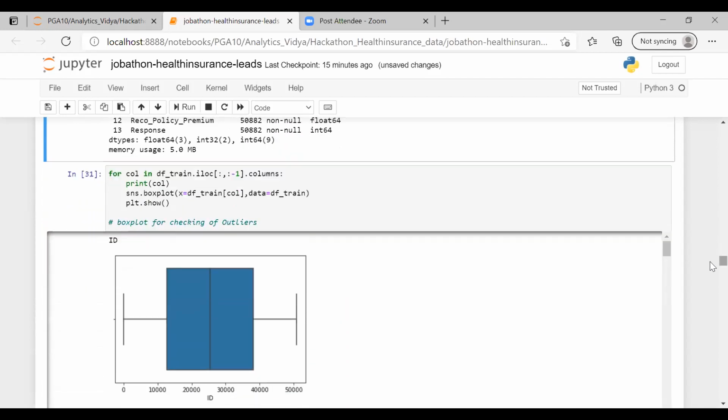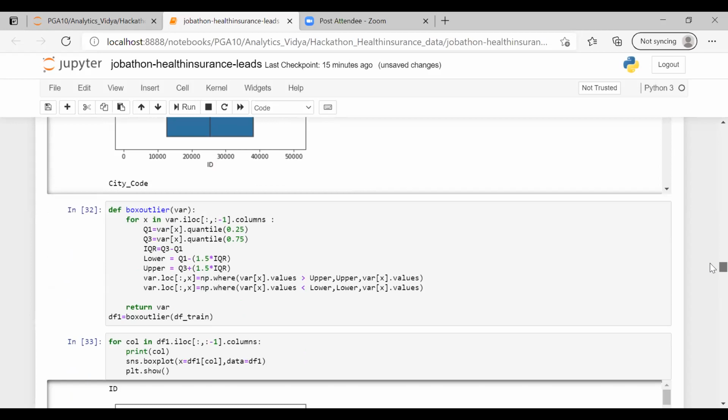So this is the box plot. What is a box plot and why are we using it? We are going to use it for treatment of outliers, to check where the outliers are. Okay. This box plot is divided into 4 quadrants. This is Q1, this is Q2, Q3, and Q4. Okay. In this box plot, there is one formula. Let me show you that. This one.